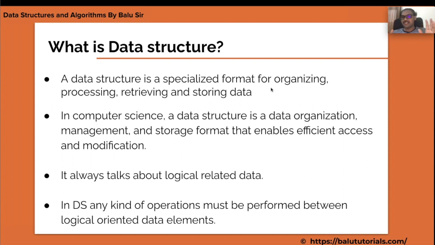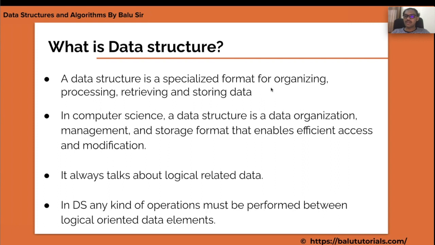So we discussed only 2 points. One is data, and one is called data structure. Data means any piece of information we are going to call data. Data structure means it is all about the representation of the data in the memory. When you represent the data in the memory, it is applicable across all software technologies. It's not specific to C or to any language. And an important point is that data structure is not a programming language. It is all about the data representation.